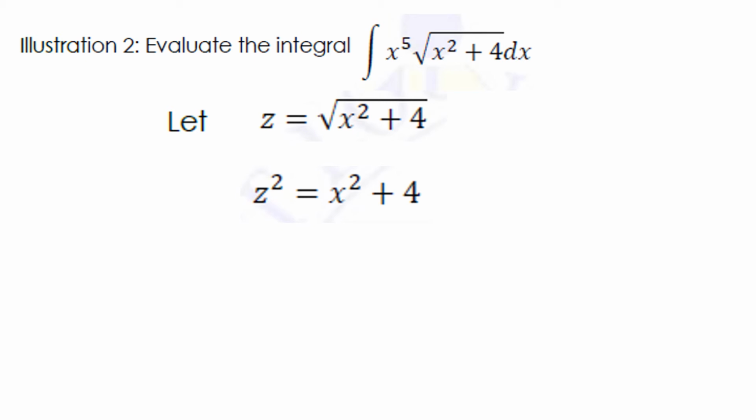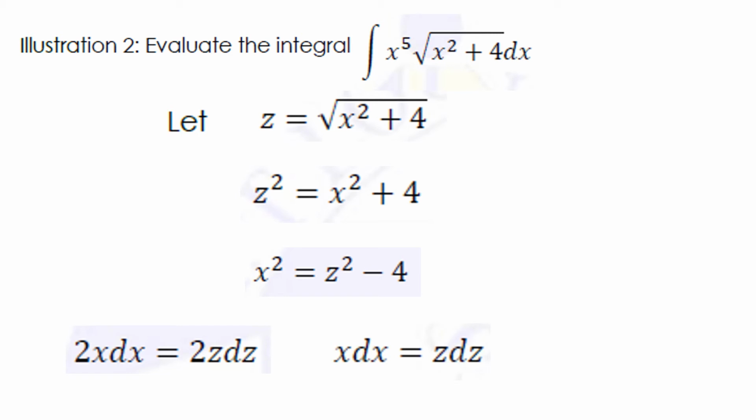The next step is to solve for x squared. X squared becomes z squared minus 4. And if we take the differential of both sides, we get 2x dx is equivalent to 2z dz. And simplifying, we get x dx is equal to z dz, or dx is equivalent to z dz all over